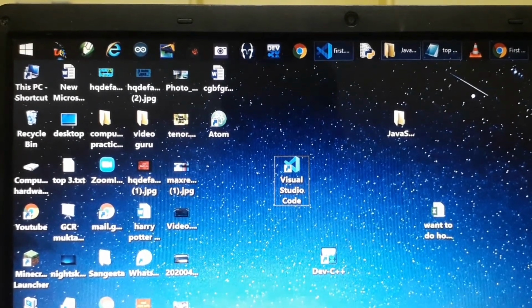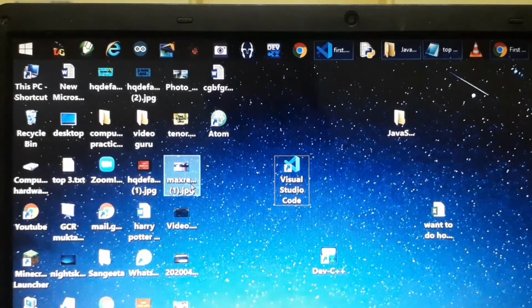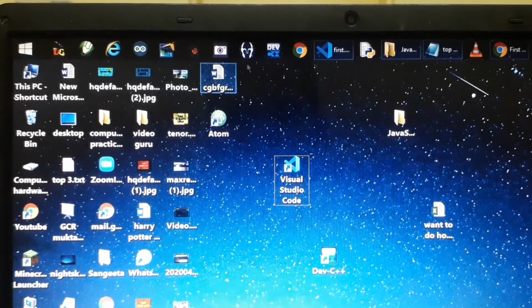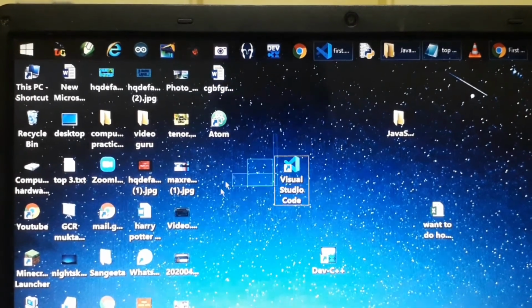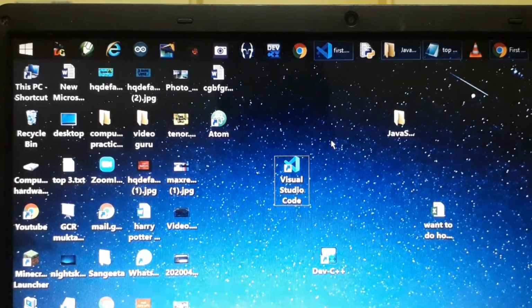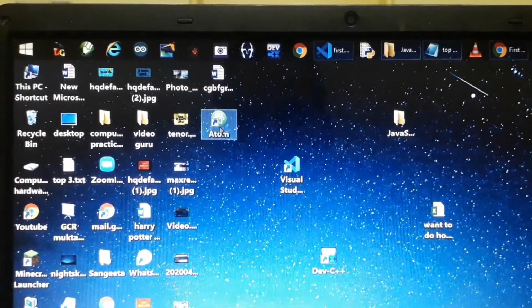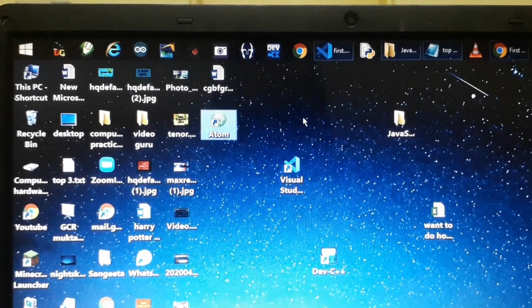So I am uninstalling this Turbo C++, and even okay. If you don't have much space on your laptop computer, you can just uninstall all these programming apps you have and install just this one app. Okay, but I am not doing it. I am just uninstalling this one. Why? Because this one I downloaded extra.